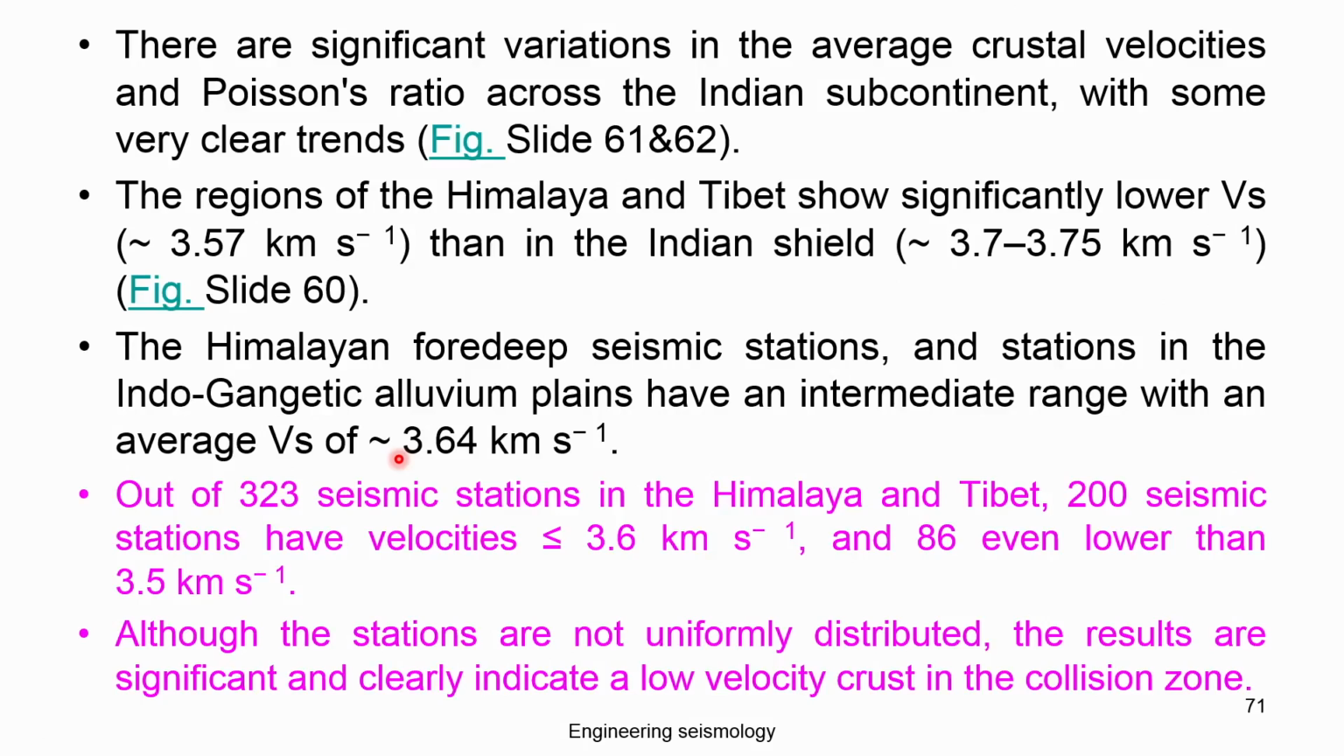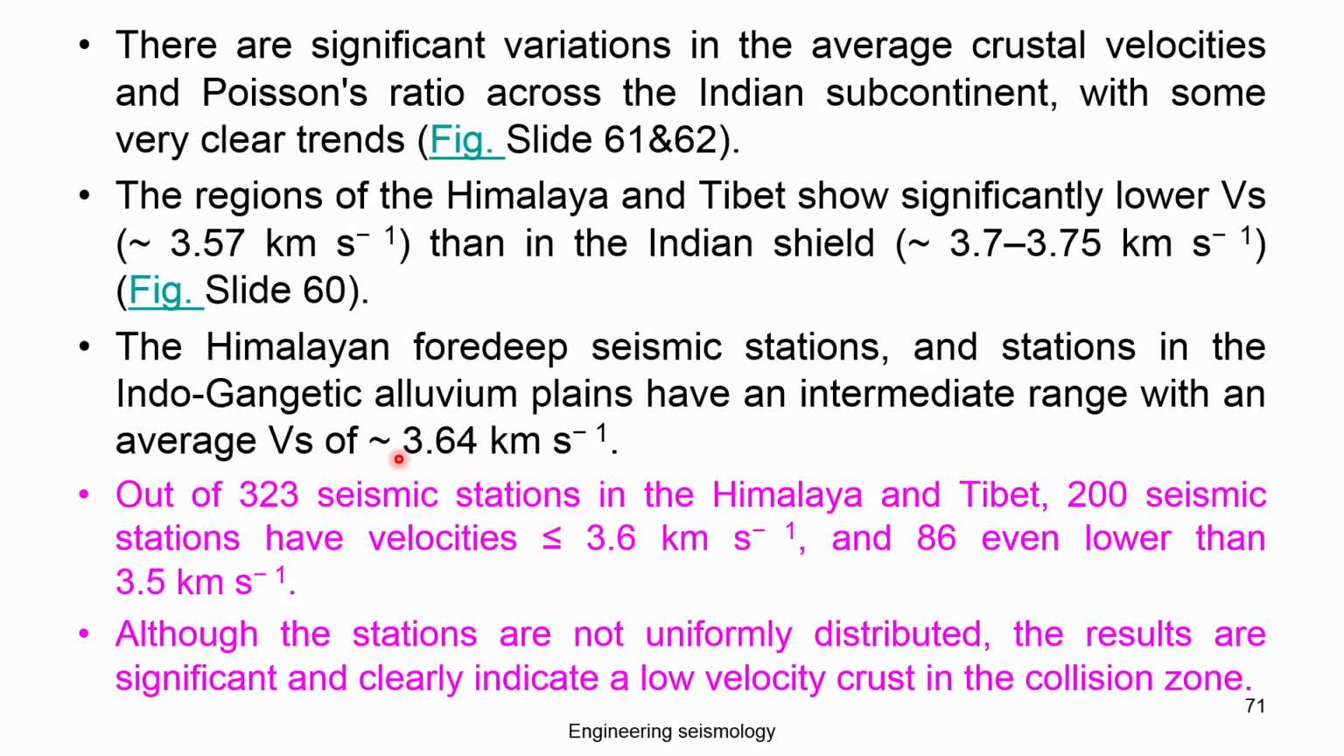Okay, the regions of Himalaya and Tibet show significantly lower Vs, like 3.57 km per second. So if you want to estimate an epicenter or hypocenter in this region, you should consider this velocity. Then the Indian shield, like southern India, has 3.7 to 3.75 km per second. You can see the difference. A second actually causes a kilometer difference, so much you can find. If it travels 100 km, accordingly the time difference will cause a huge amount of error in the estimation